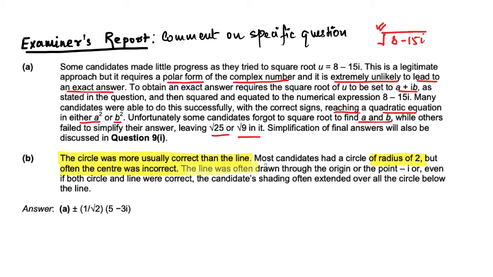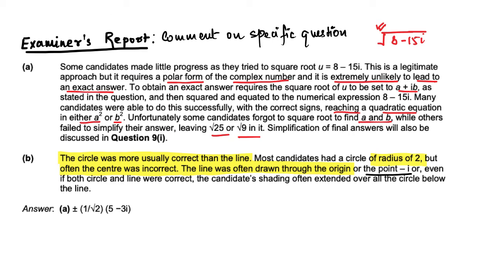This is the one big mistake I ask my students to avoid, that the line is often drawn from the center, because in the question it's not the argument of z, it's the argument of z minus i, which means this is a translation by 1 unit. So we need to make sure that we mark our angle correctly, the argument of that line correctly, even if both are correct. Now